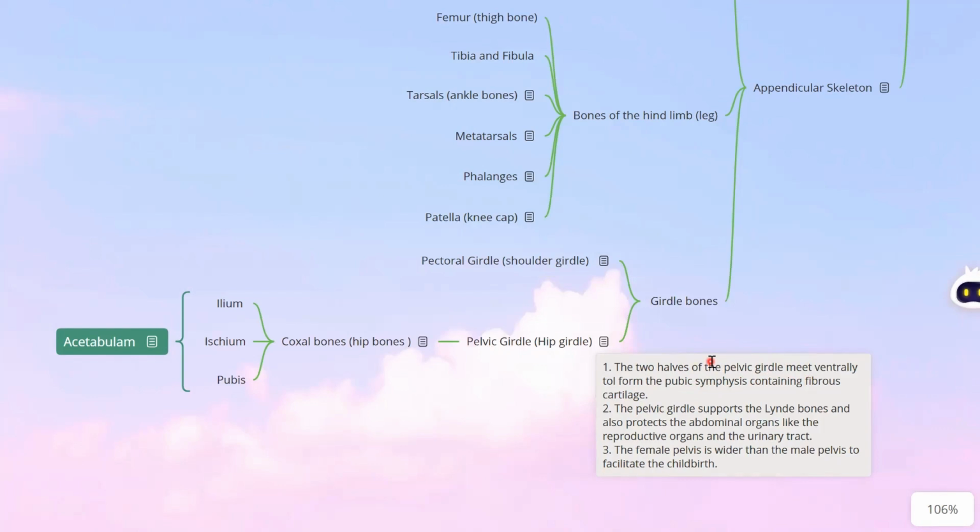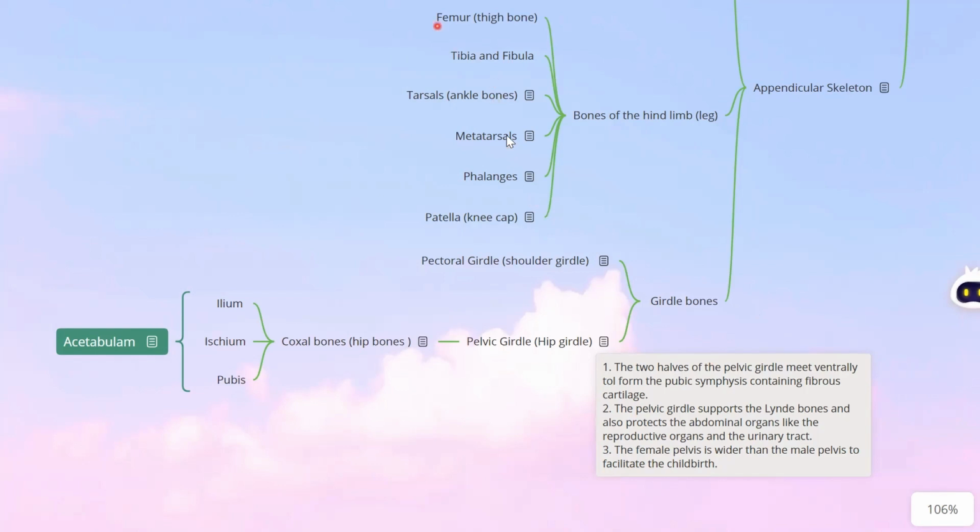So the pelvic girdle meets ventrally to form the pubic symphysis containing fibrous cartilage. Now the pelvic girdle supports the limb bones and also protects the abdominal organs like the reproductive organs and the urinary tract. So what is the function of the pelvic girdle? The pelvic girdle in a human body supports the limb bones and also protects the abdominal organs like the reproductive organs and the